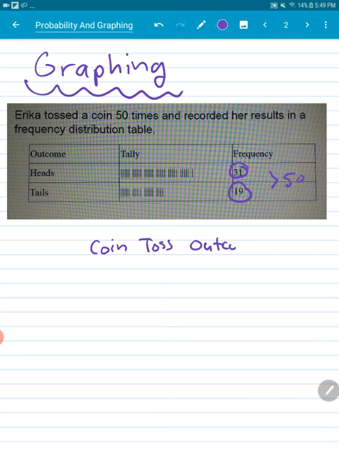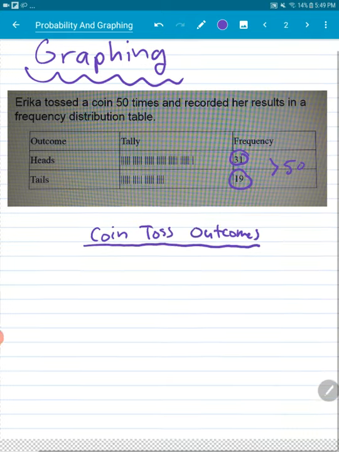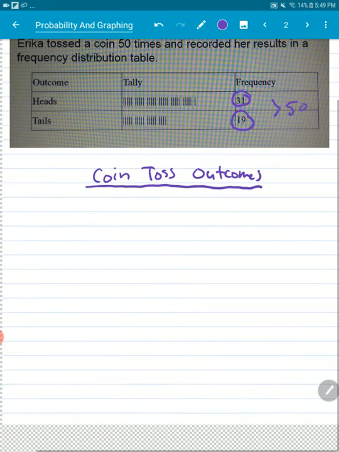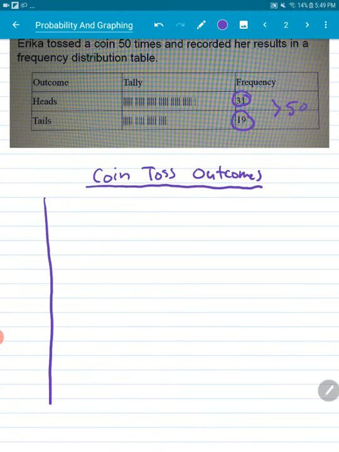Obviously, you would be doing this on graph paper. Coin toss outcomes. Okay, so I'm going to make an X and a Y axis right here. X and Y. And remember that we said we have this title, but we need to have the other two titles as well. So we need to write our frequency